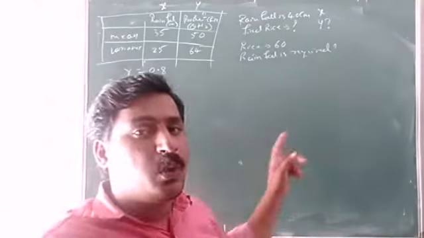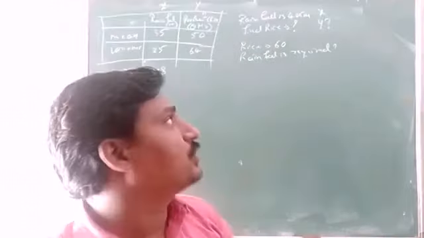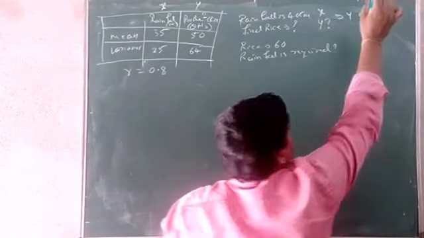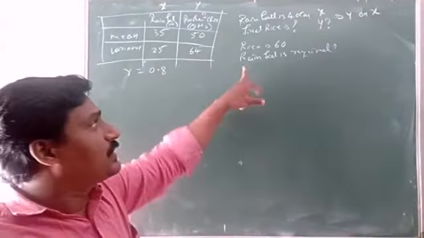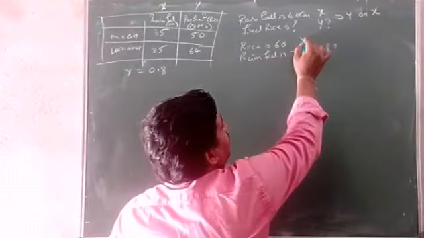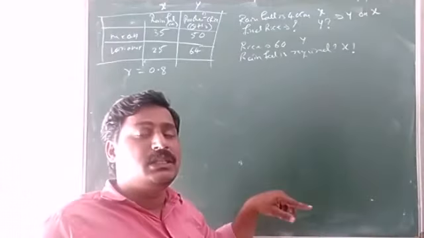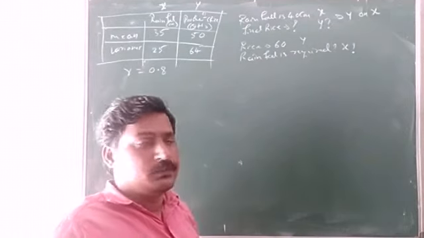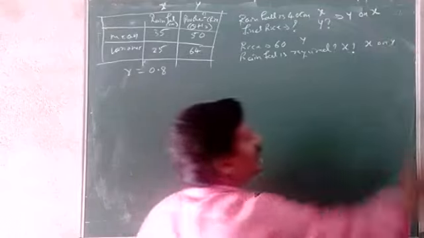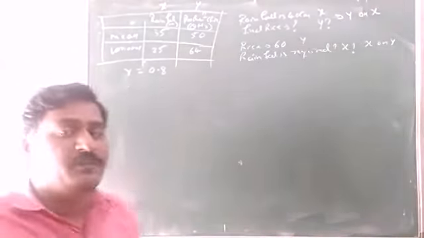So here y is dependent on x. So the first question takes the equation of y on x. And in the second question, rice production is given, that is y is given. We have to estimate x. So x is dependent on y now, so here it takes the x on y equation. So to find both, we have to estimate first what?